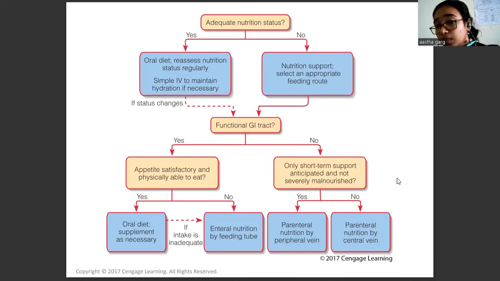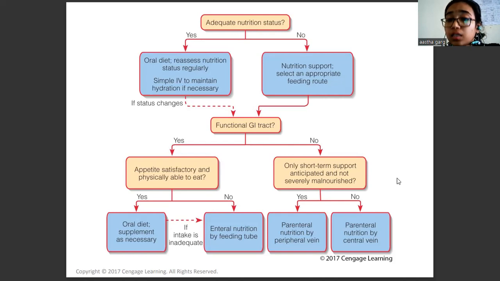But if the patient is not in a good nutritional status, and he or she requires additional considerations and supports, then a nutritional support system is selected based on the appropriate findings and assessments. So whenever we are dealing with a patient who needs a nutritional support, first of all, what we would be considering is: is the patient able to take food orally or not? If yes, the patient would be given food via mouth. But if the patient is not able to take the food orally, the second thing that we would consider